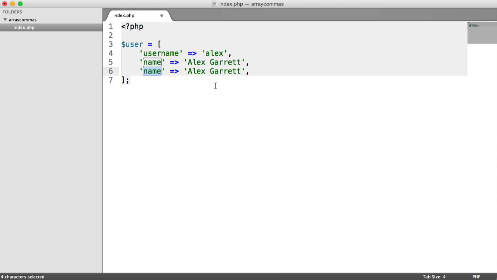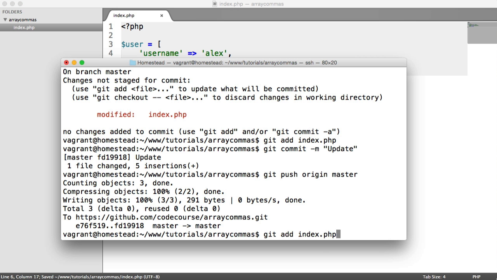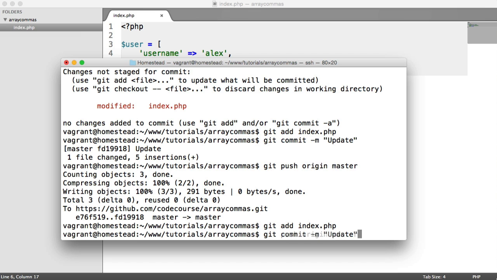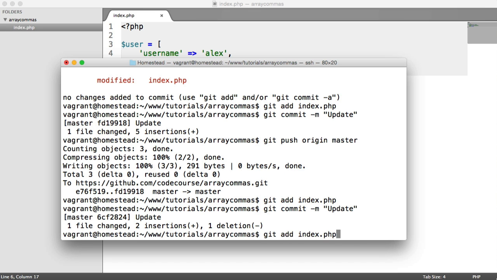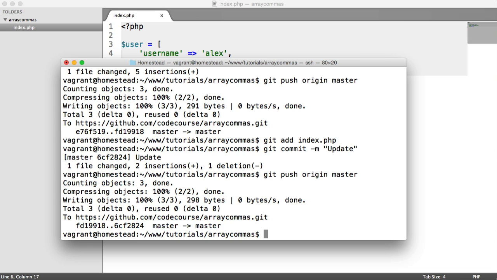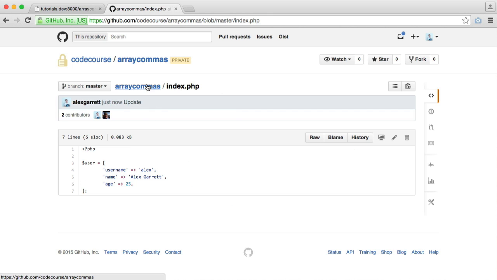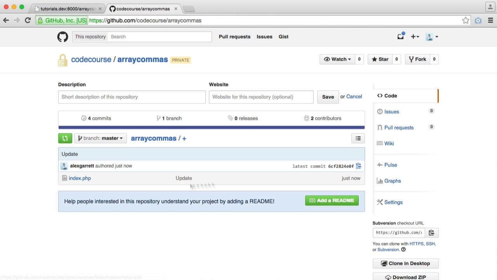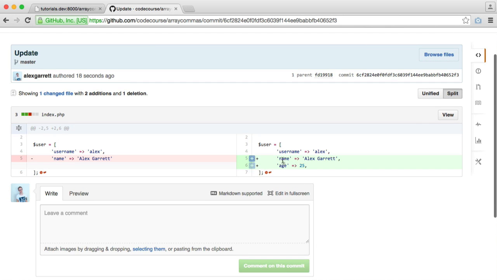So I'm adding on, say, age. Let's keep this last comma in here for the sake of it. Let's go ahead and add that in, commit this, do the same message, and push this up again. Okay, let's head over to here then. If we head over to this latest commit, you can see here that